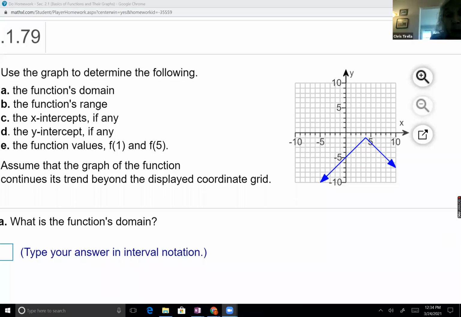I'm not going to be missing any values. It's all continuous. So now I have to say, is there a lowest x value for the points? So as I look at this blue line,